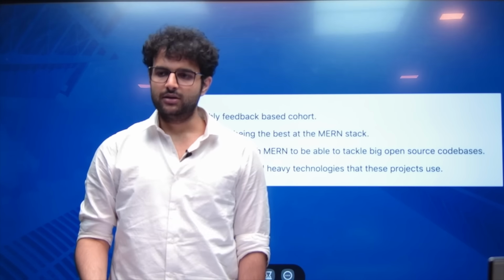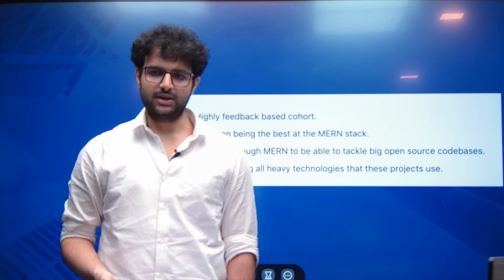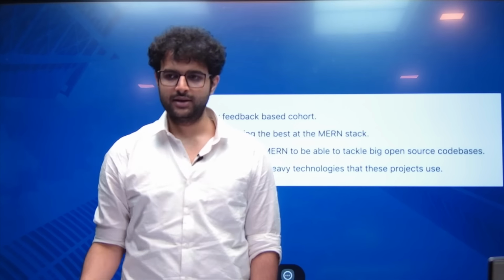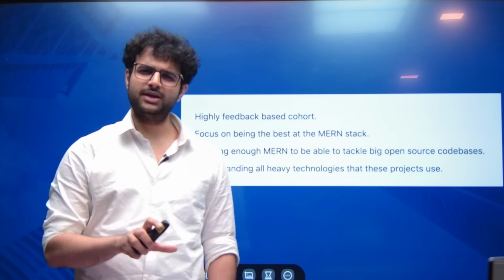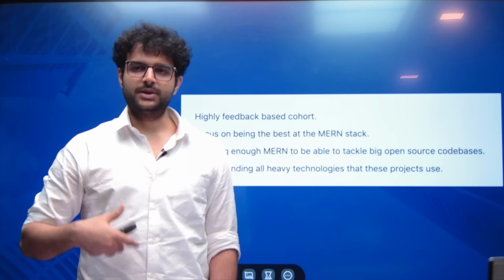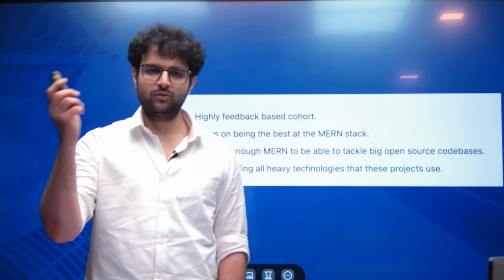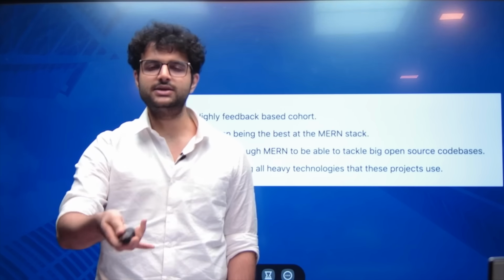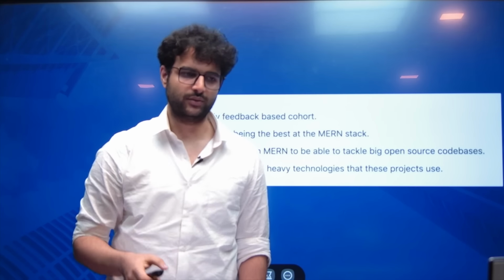But what I've understood over the past 2 months is that this is not enough to decode anything. Every company is using something very specific, and when a person opens an open source project, they have so much context to gain for that project anyway. Plus, let's say they don't know GraphQL and that project is using GraphQL, and they're lost and then they leave